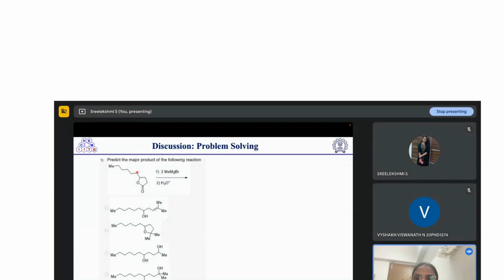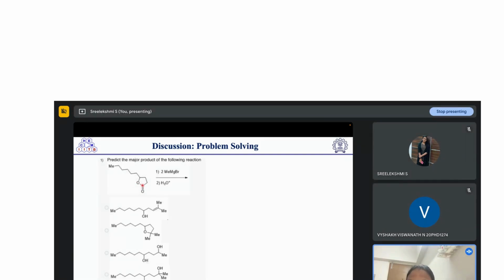Okay, so here what is happening is that when the first molecule of this methyl magnesium bromide will add on to this lactone, that is this methyl, which is having a negative charge because it will be negatively polarized and this magnesium will be positively polarized. So this negatively polarized methyl group will attack first on this ketone,